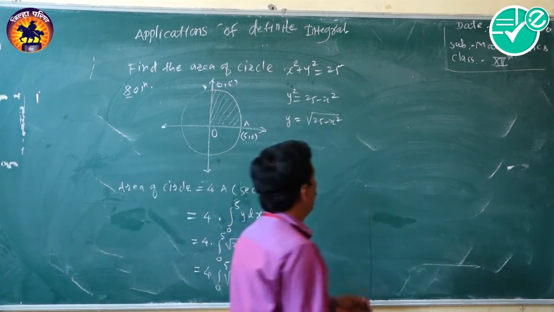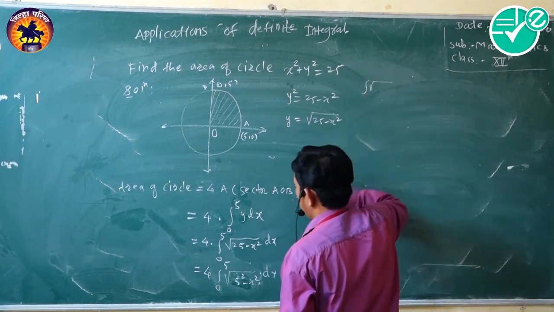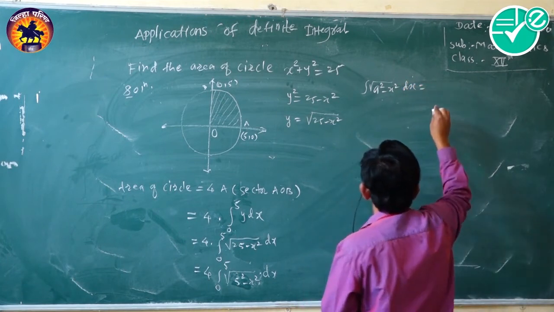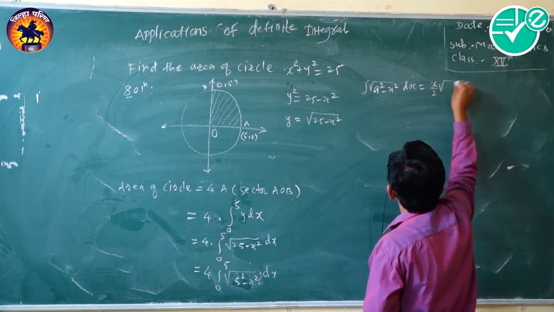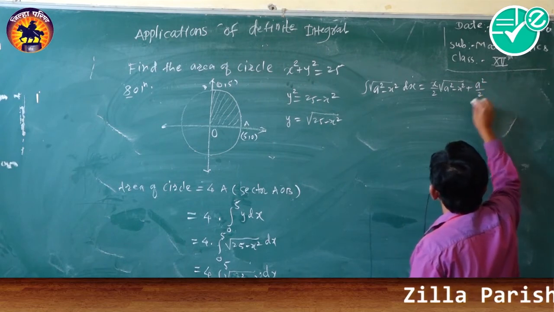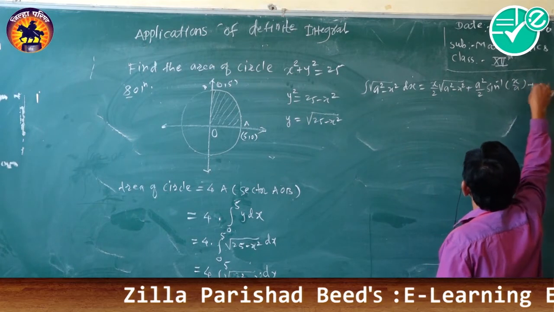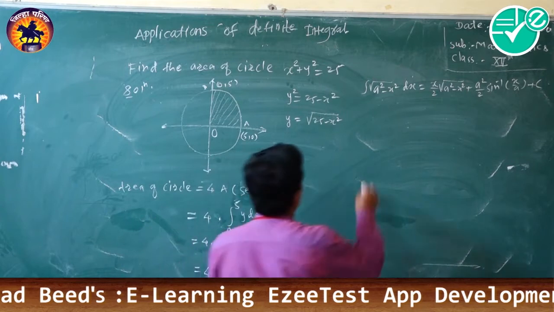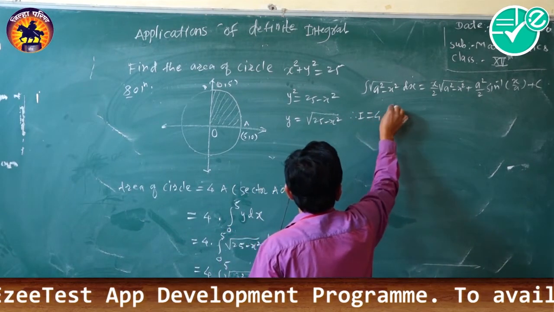Now here we use the formula: integration of under root a square minus x square dx is equal to x by 2 under root of a square minus x square plus a square by 2 sine inverse of x by a plus c. Using this formula to integrate this will give us,